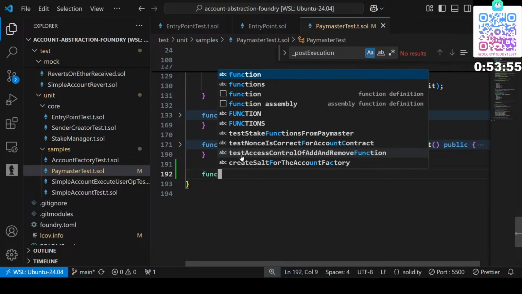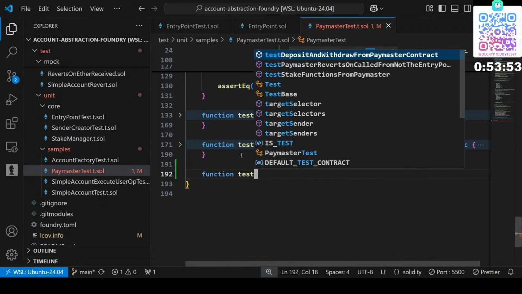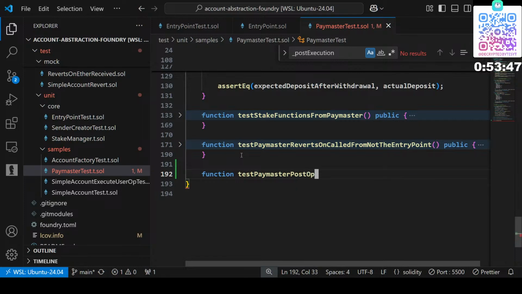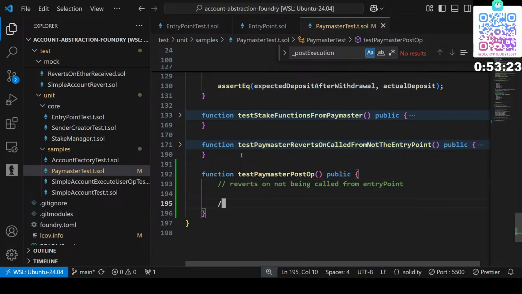Now what we can do is function testPaymasterPostOp public. We will test for two conditions here: one is reverts on not being called from entry point, and reverts on called,